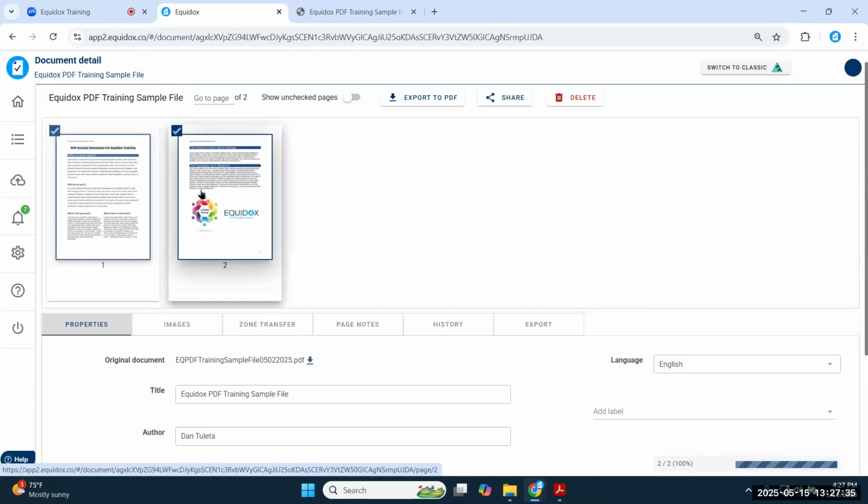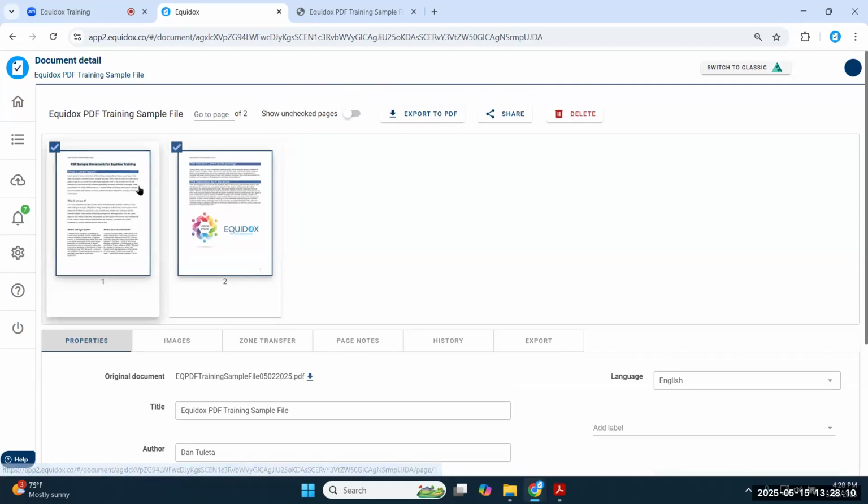Maybe someone else logged in and helped me with this document for a little bit. So rather than wasting 10 minutes just clicking around and trying to figure out where you should pick up, if you're marking pages as validated, it lets yourself know or other people know that these pages are finished. So there's no reason to waste time going into them and clicking around and making a mess of what's already been done. It's an important little communication tool for managing your projects, for reminding yourself and others what's done and what needs to be worked on still. So it's a good habit to be in to mark the page as validated.